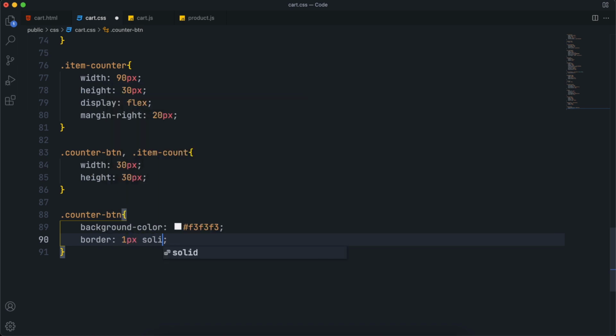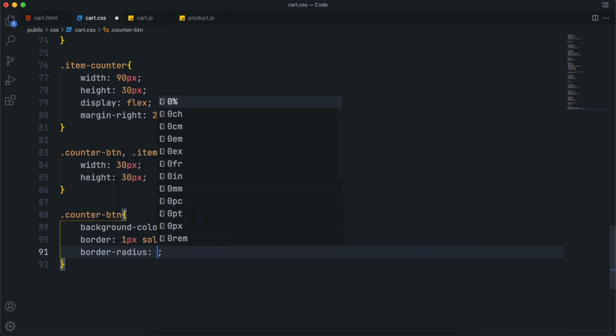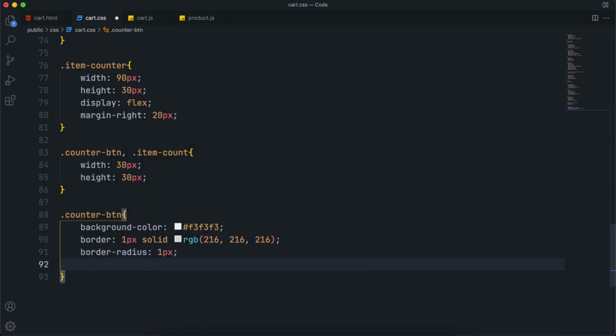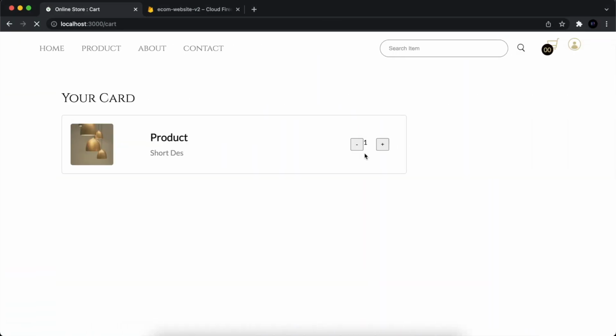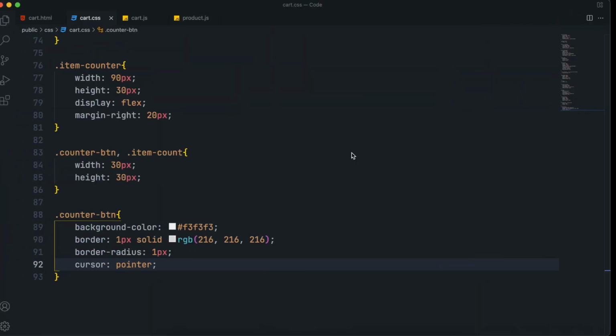After that, give it some border, let's say 1 pixel solid of this darkish gray. And give it a border radius of 1 pixel to make it a little roundy, and give it some cursor pointer.